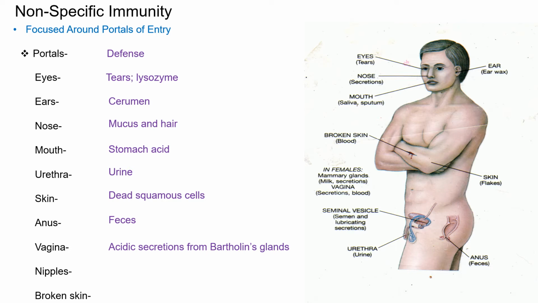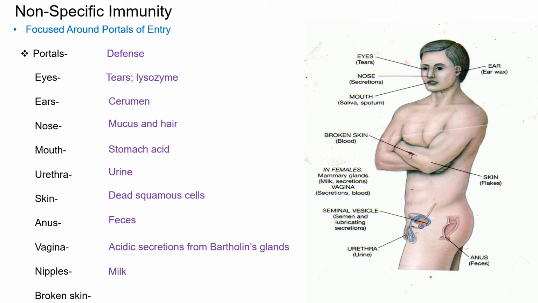From there we go to the nipples. Now the nipples are not always portals of entry. They're only open when women are lactating, and so here the defense is milk. Here again, milk is going to flush the pipes and rinse these organisms out. But that's also why when you breastfeed, ladies, you need to make sure you don't use the first milk because it can often contain bacteria. No different than when you do a urinalysis, we always do a midstream catch. You don't take the first urine, you urinate and then catch it so that way we guarantee there are no bacteria in the urine unless you have an infection.